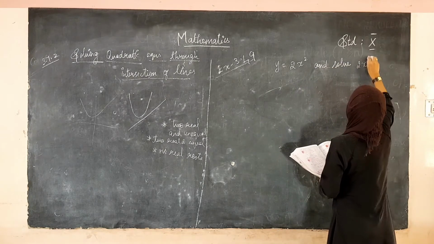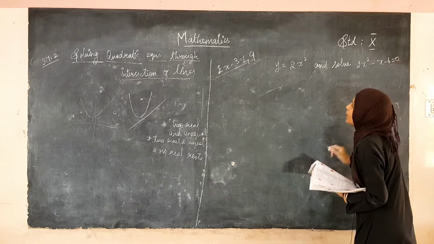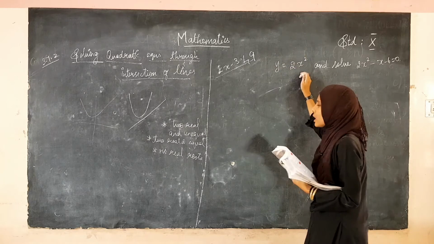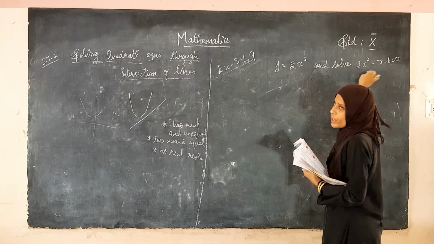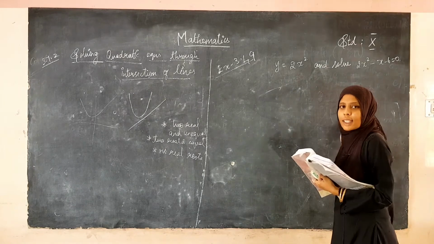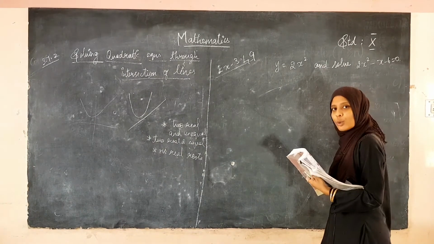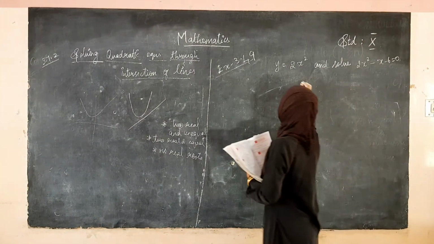They have given the quadratic equation 2x square minus x minus 6 is equal to 0. What you have to do is, first you have to draw the graph of this equation. Then after drawing the graph, you have to solve both equations. If you solve, then you will arrive at the equation of a line. Then you have to draw the graph of the line equation in the same graph. Now let us solve this.